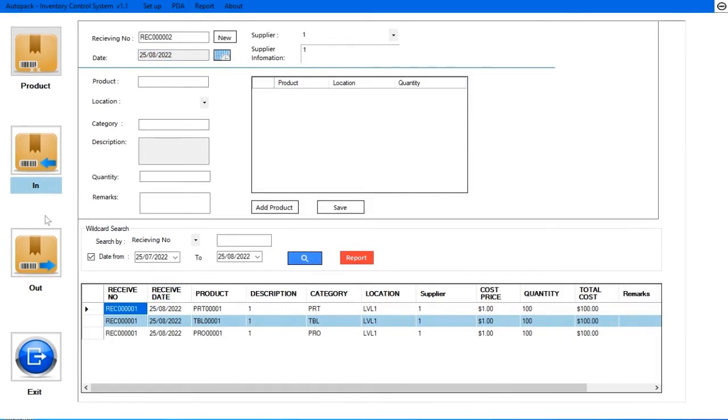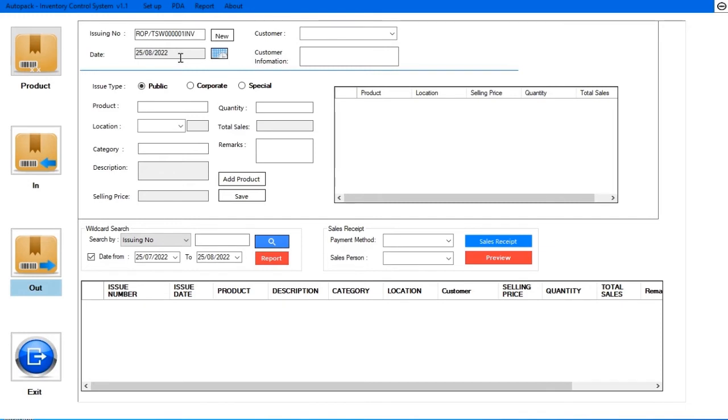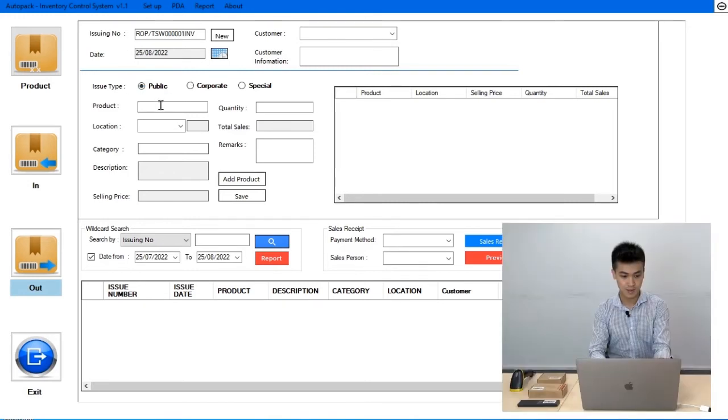Right now, we will demonstrate to you how it will be done when you are exporting stock. Firstly, you can come to the Out tab and scan the products. So let's say you want to take out 10 pieces of the product 1. You can select whether they are a public sale, a corporate sale, or a special sale. So under public sale, the selling price is already set at $3, which you have predetermined. A corporate sale at $2, or you can even quote a special price, and you can input the selling price as you wish. But let's take, for example, this is a public sale.